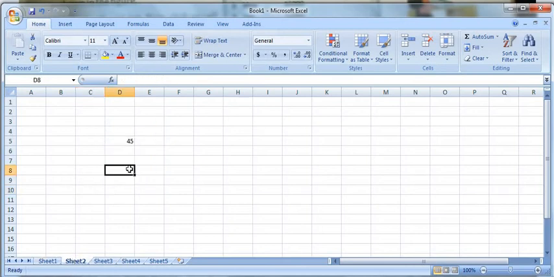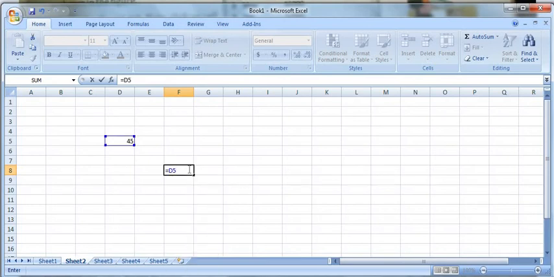So first I will write, here in this cell, the address of this. Equal to, then what is the cell address? D5, right? D5 I will write, and then colon obviously. Then I want another value from sheet 1, right?